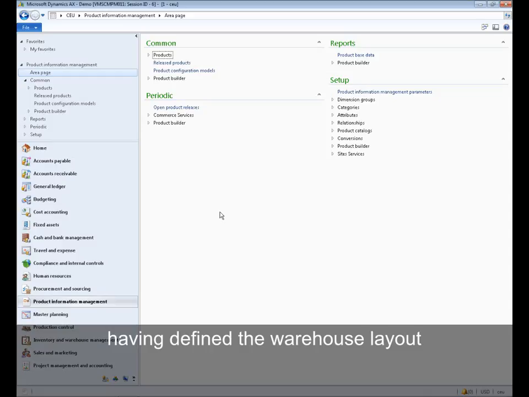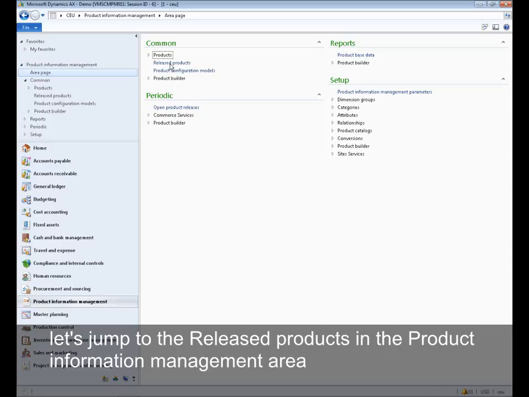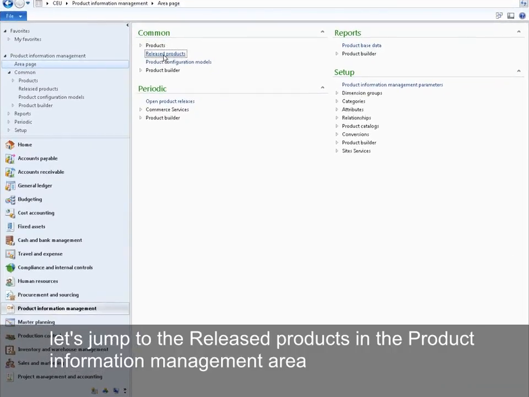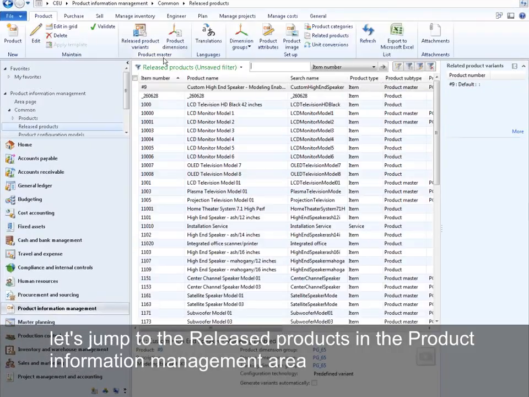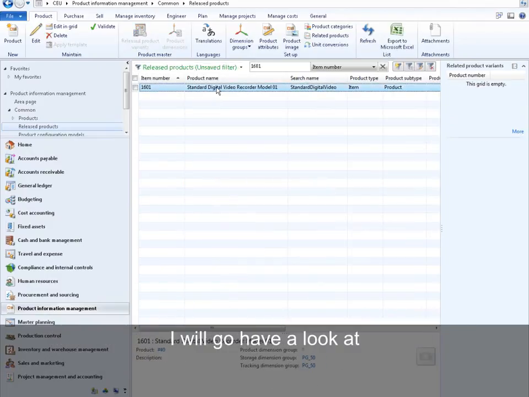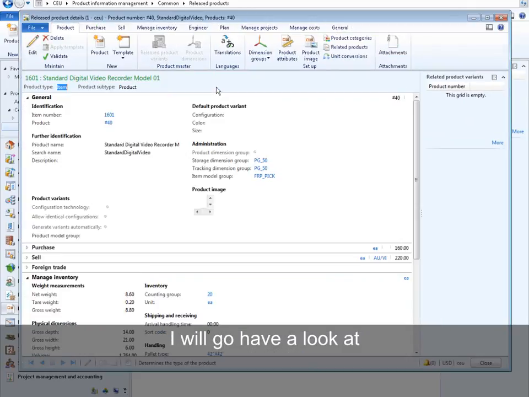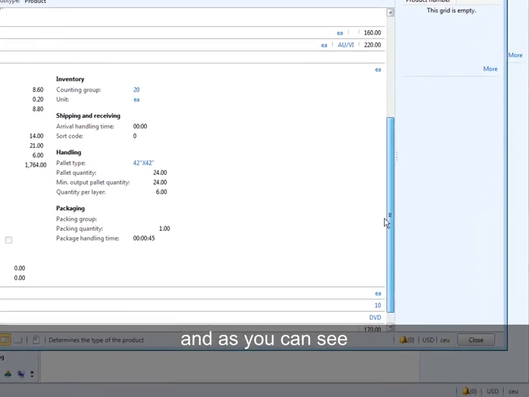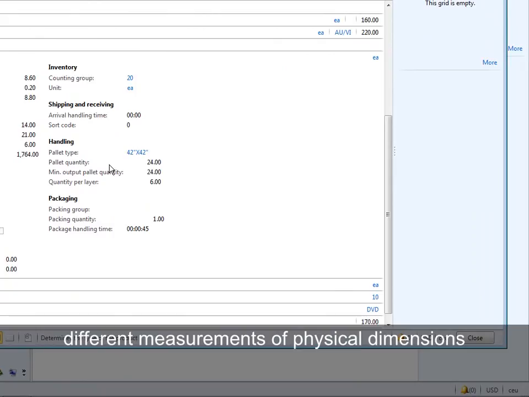Having defined the warehouse layout, let's jump to the released products in the product information management area. I will go have a look at item 1601, and as you can see, different measurements for physical dimensions have been defined,